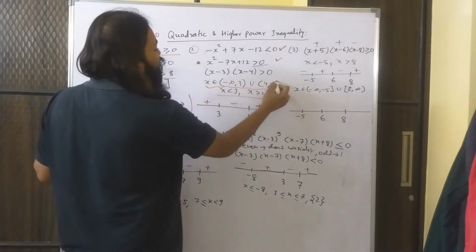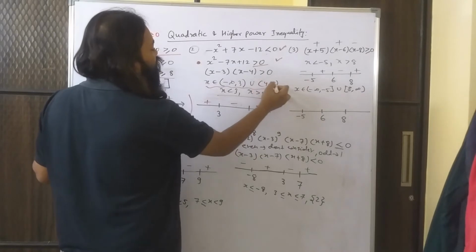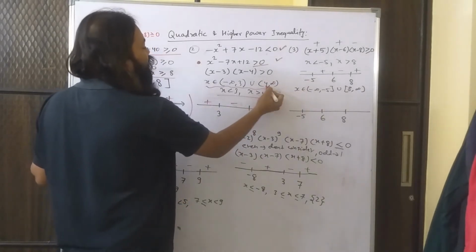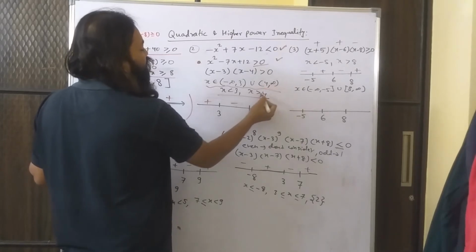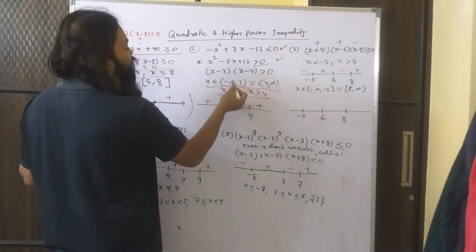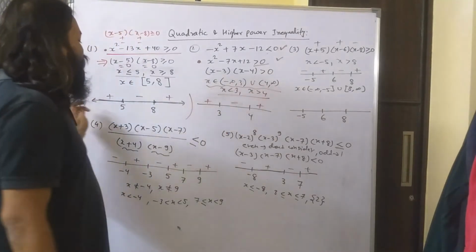Now what is this interval? This is called open interval. This small bracket is called open interval, where the value is not included. So this is 4 to infinity, means 4 is not included. So x is more than 4. Here x is less than 3. And anyway infinity is never included. So you saw it is very simple.